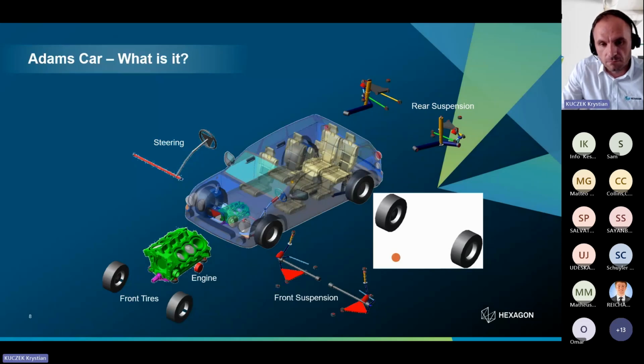Next, ADAMS Car. So we are, let's say, diving into the topic. What is it specifically? Our main goal is to build up our vehicle, our car model. As you can see in the middle of the picture, we have the car model, but of course we have separate sub-components or even subsystems. In ADAMS Car, we are calling them